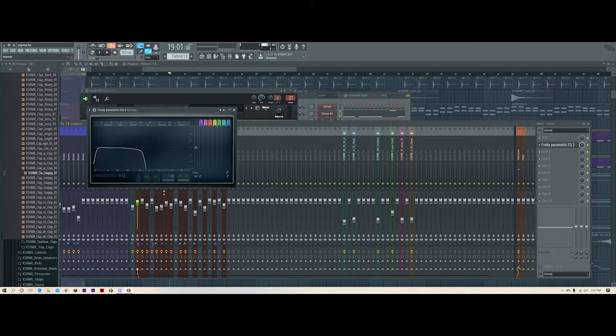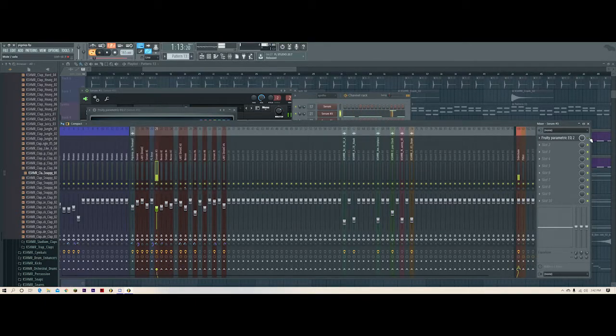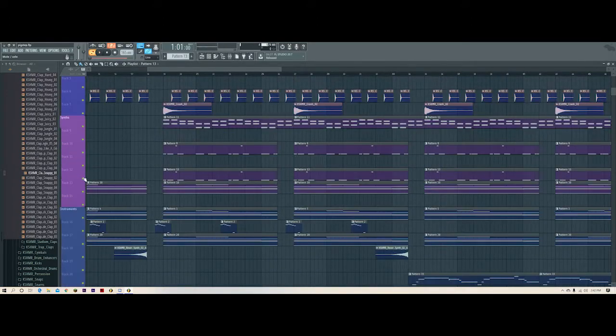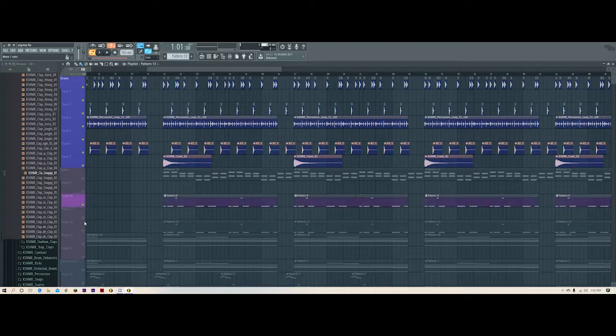See, that's that one. And then this is, yeah, so I cut out the lows for that sound because if we just kept it, it wouldn't sound as good and it would muddy up the mix. Let's hear it with the drums. Let's see, so if we have that and then